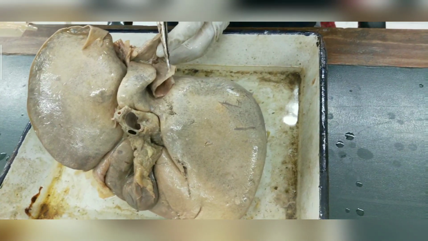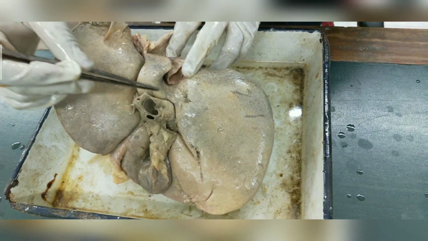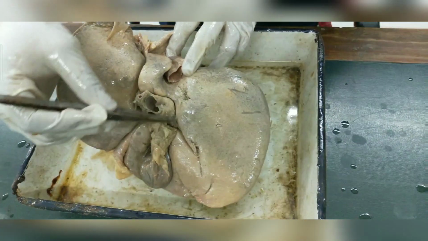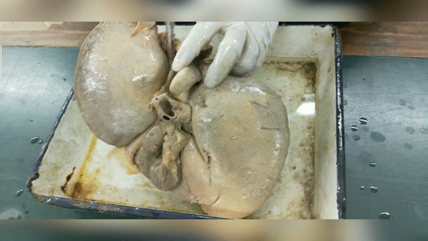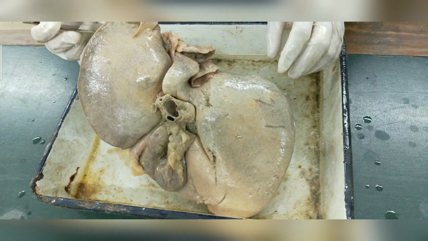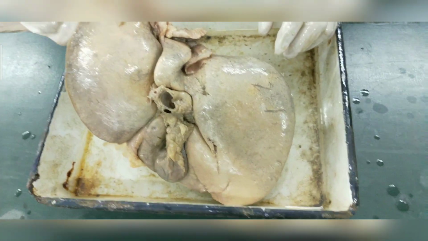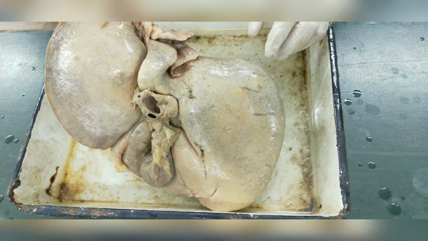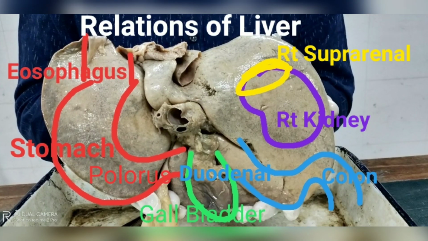Inferior vena cava. Gallbladder. Around the porta hepatis, that is the lesser omentum, and the fissure for the ligamentum venosum. These are the bare areas of the liver. What is meant by the bare area of the liver? The peritoneum does not cover that part, and that is known as the bare area.